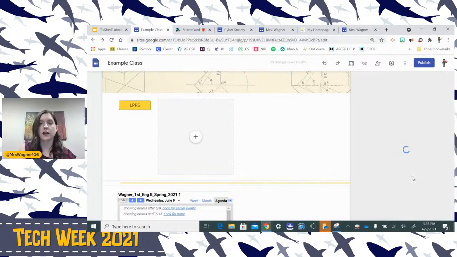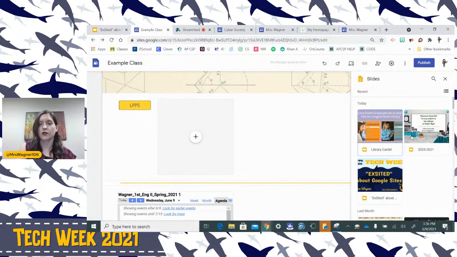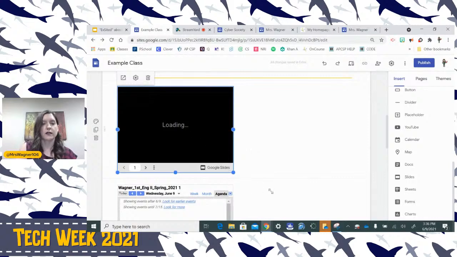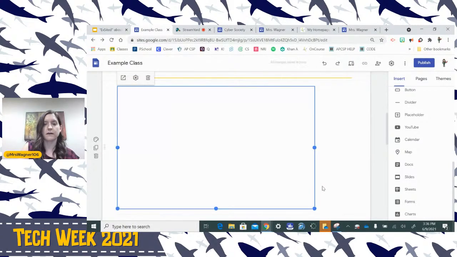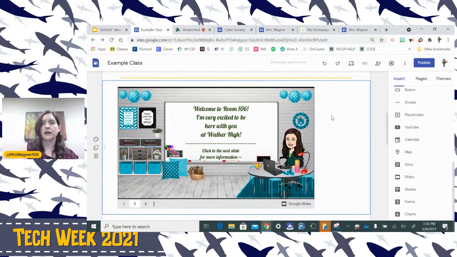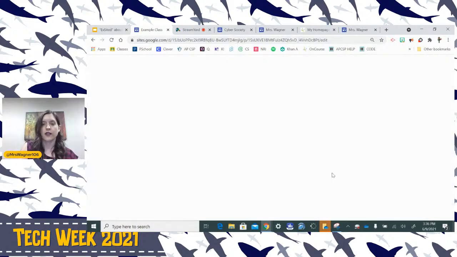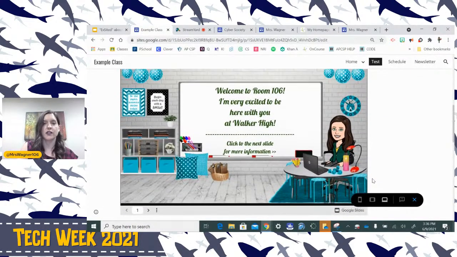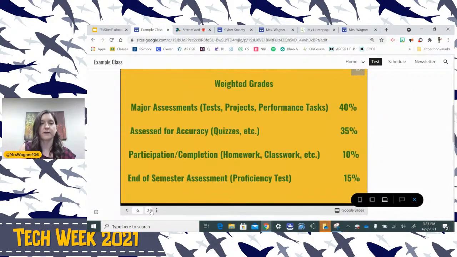You can embed your slides. So if I want to, for example, put in my agenda slides, this is my teacher slide, but it'll work the same way. I can make it take up as much or as little space as I want on my site. And when they visit, my presentation's here, and you have the navigation arrows down here at the bottom.